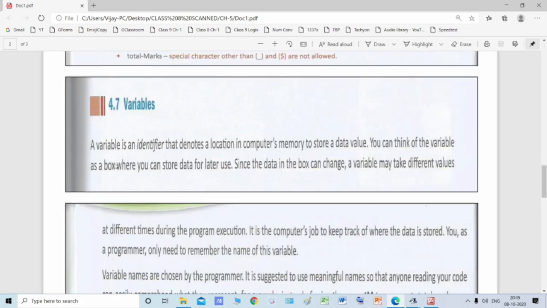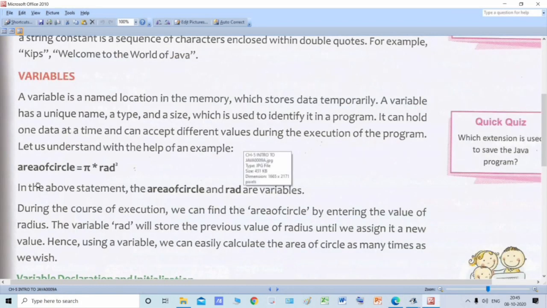See, now students, a variable is an identifier that denotes the location in computer's memory to store a data value. Now see students, what is written over here? For example, area of circle equal to pi into rad to the power 2.